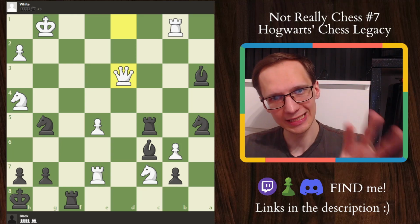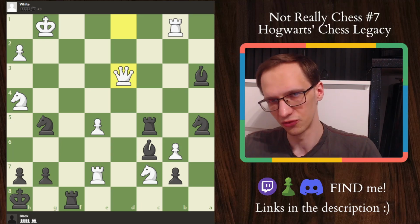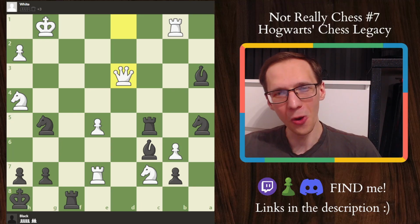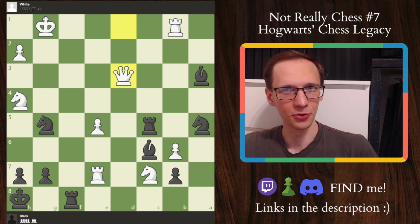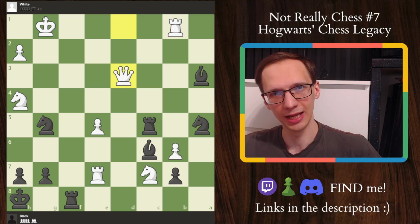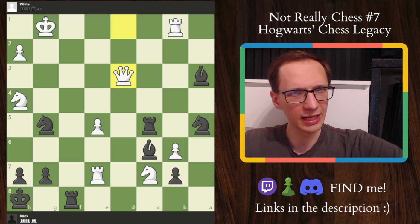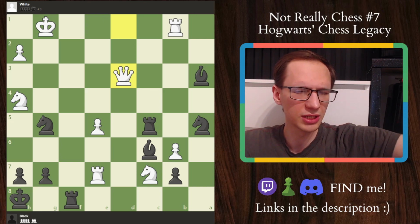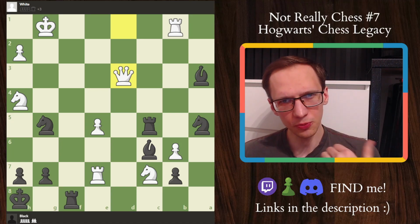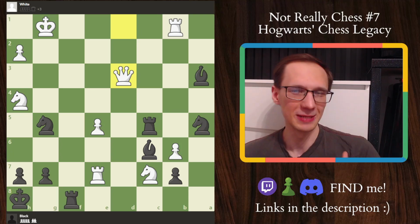But first, before I dig deep into the position, I'd like to give you some context, which I think is really important. You see, this chess puzzle was composed by one of my favorite chess book authors of all time, international master Jeremy Silman. He wrote the Complete Endgame Course, How to Reassess Your Chess, The Amateur's Mind, the lot. So he was approached by the director of the film, Chris Columbus, who also, of course, famously directed